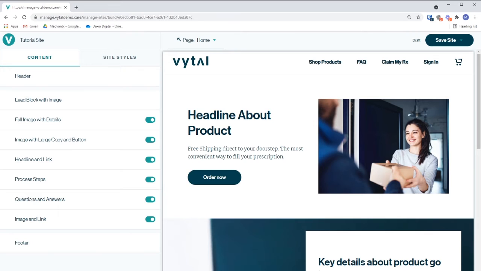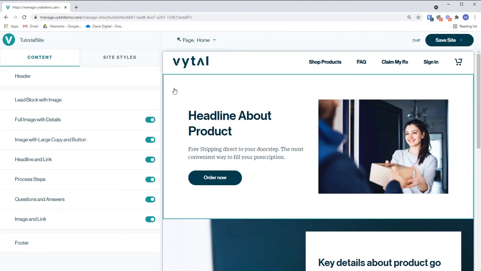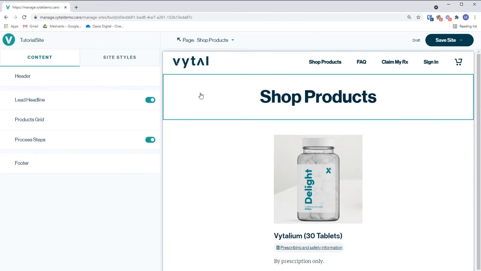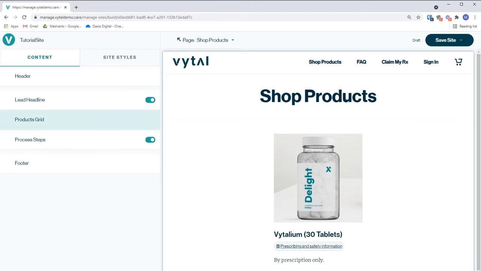From the main website view, we're going to click on the button in the top left corner of the website view that says Page. Choose the Shop Products page, which is where customers can find and purchase their products. Then, similar to the main page of the website, you can click on the three elements on the left to